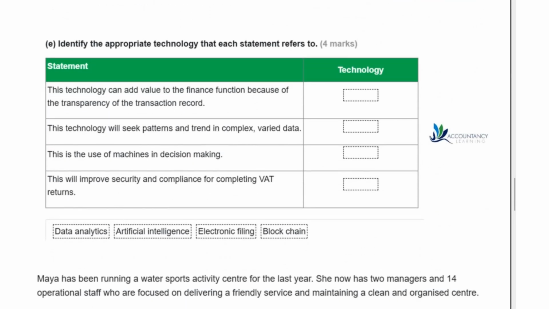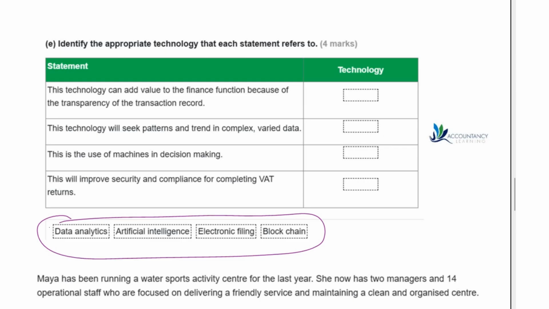Part E, identify the appropriate technology that each statement refers to. This technology can add value to the finance function because of the transparency of the transaction record. So for each one, we need to choose from the answers that we've got at the bottom here.